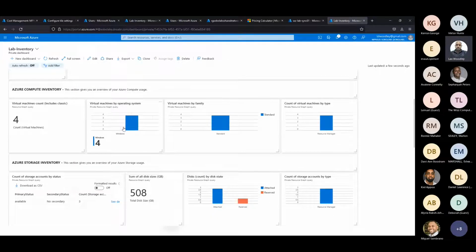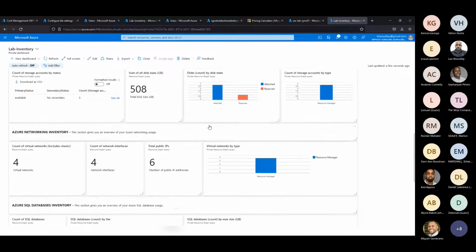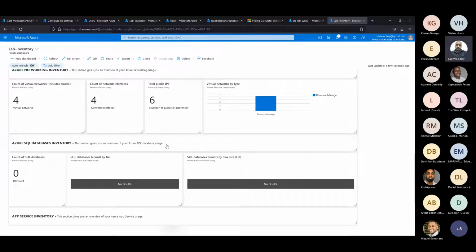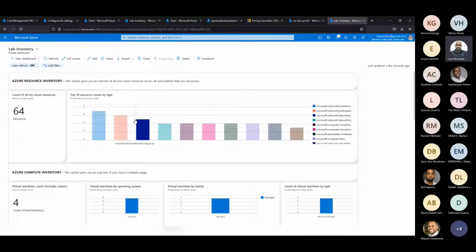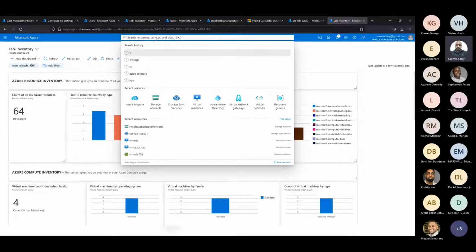These are just some basic standard built-in widgets that you can peruse to gain simple oversight of your infrastructure as it pertains to your present configuration.